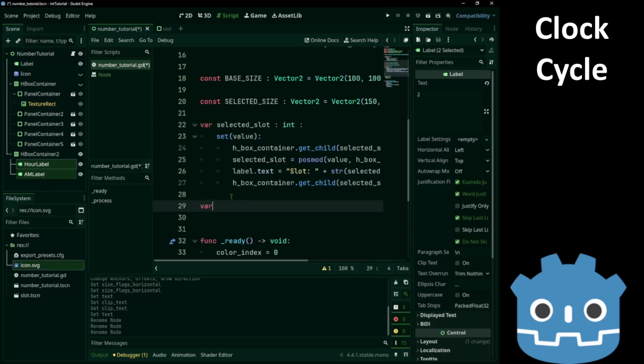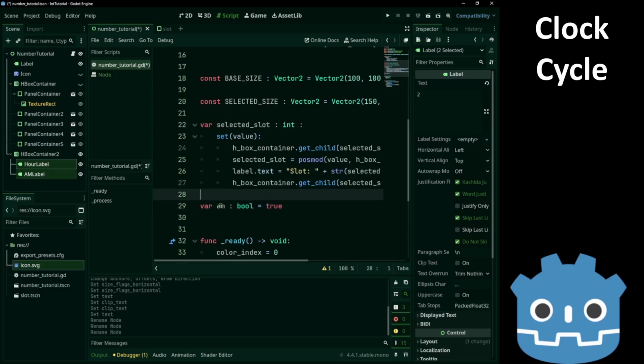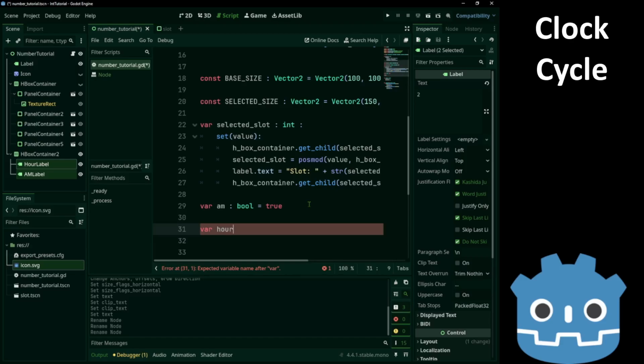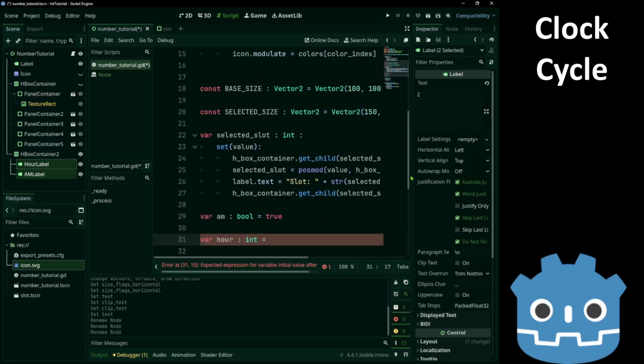We say var AM, and this one is going to show whether it's AM or PM. And that is going to be an integer from 1 to 12.